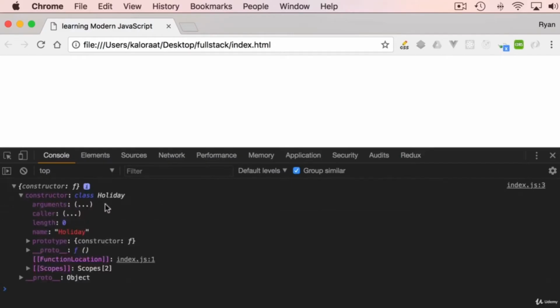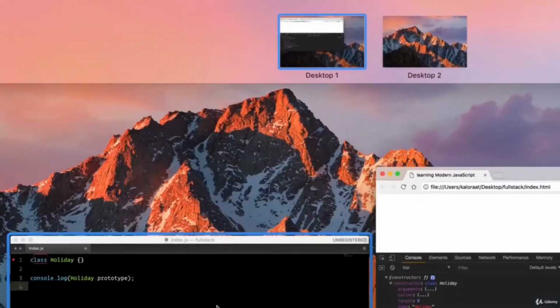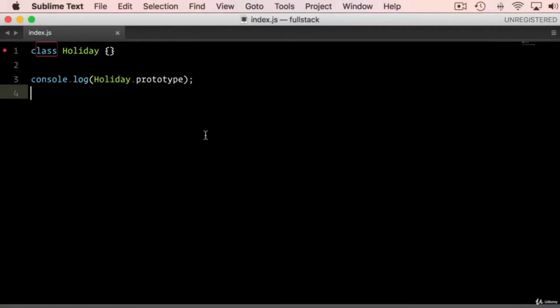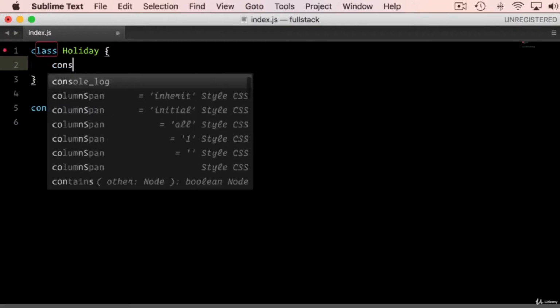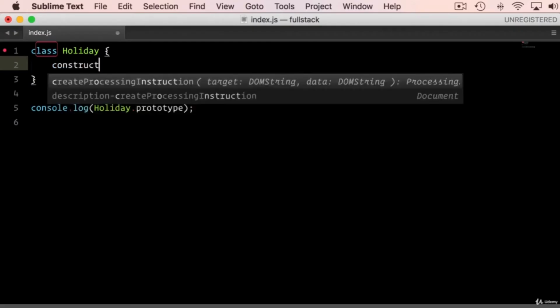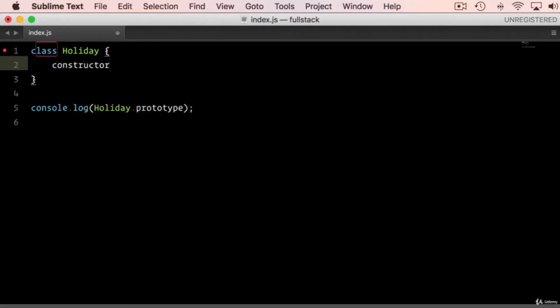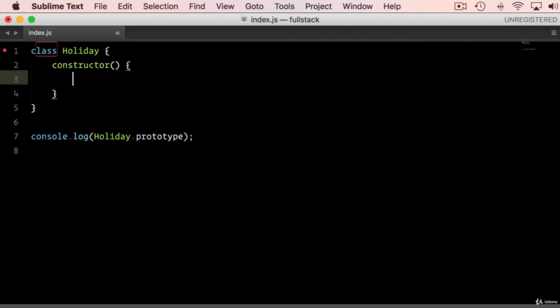So it can take the arguments. Constructor, that's how it works. It is part of the prototype object that is created behind the scene and ready for us to use. What we can do is call this constructor inside this class and set the properties. So let's write constructor. Now inside here, it will take the arguments